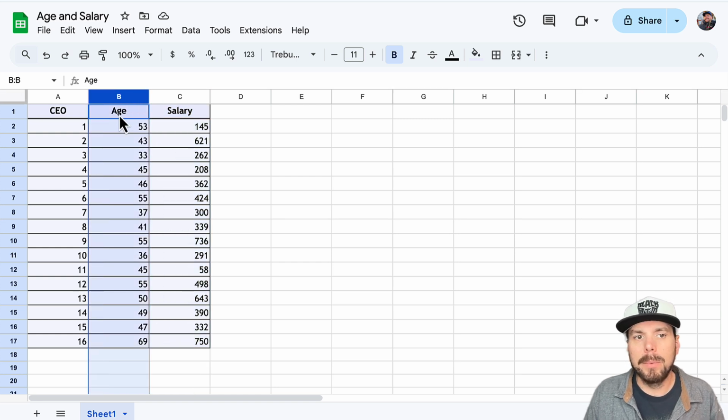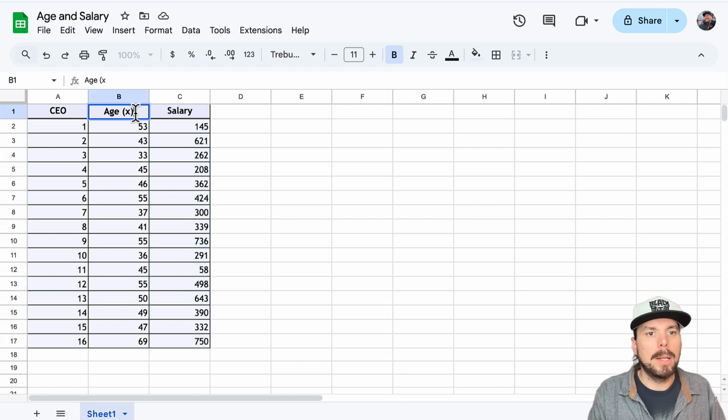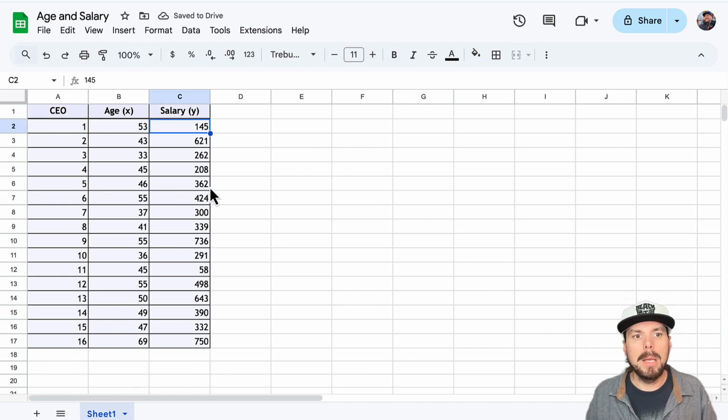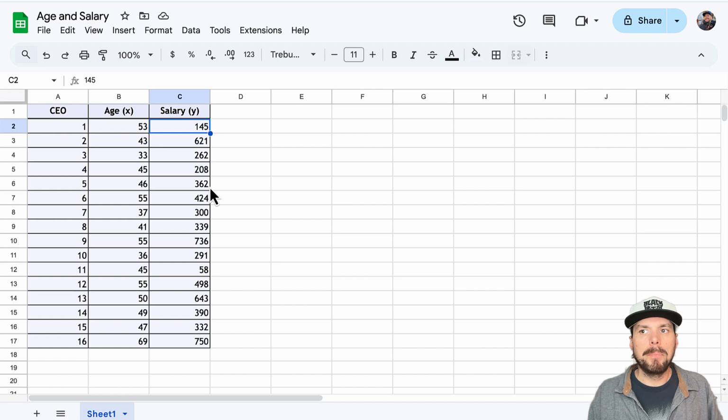In this case, I would recommend by age. So if you're looking for an association between age and salary, figure out which variable could, in theory, be your response variable and which could be the explanatory variable. In this case, we would naturally plot this with age as X and salary as Y, because salary is the thing that we think maybe could be affected by someone's age or respond to changes in someone's age by just